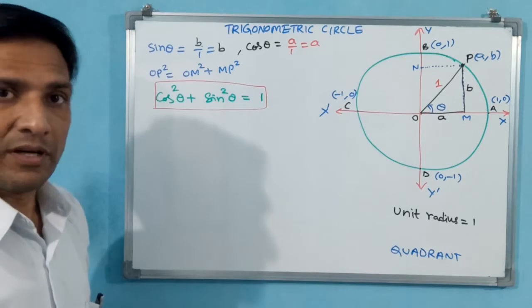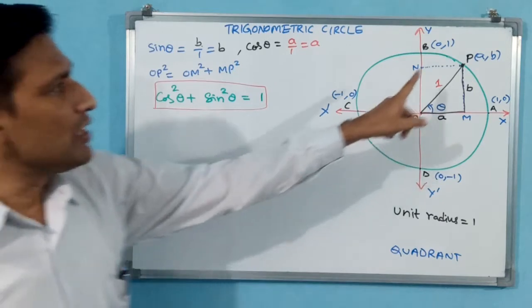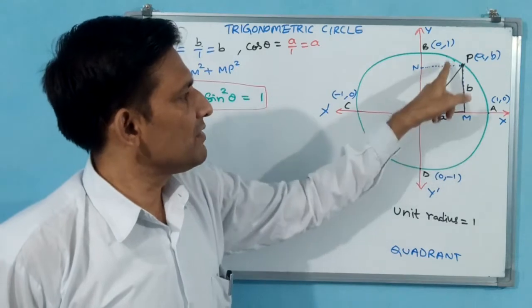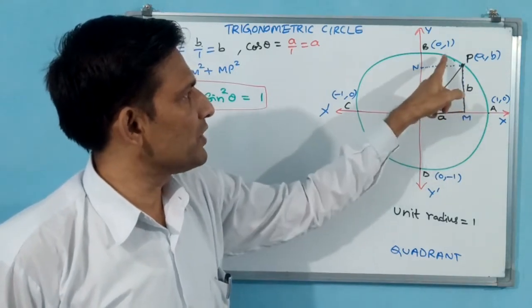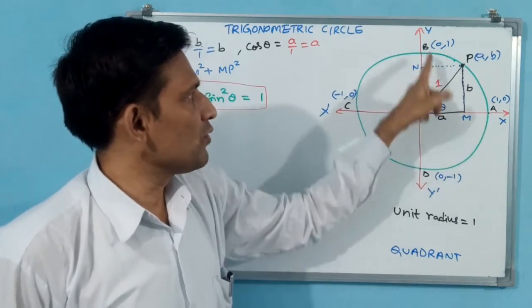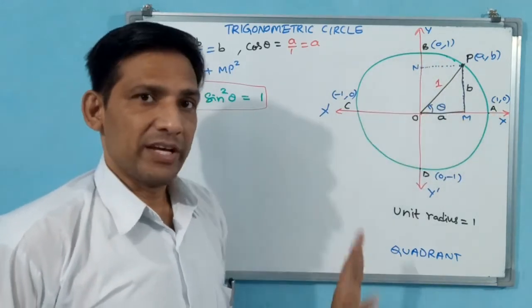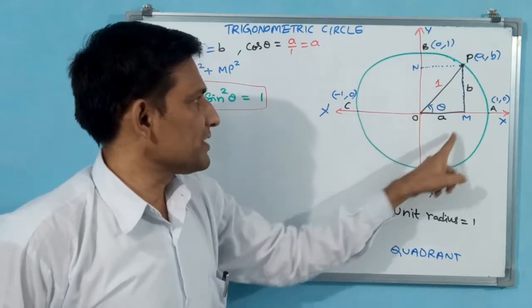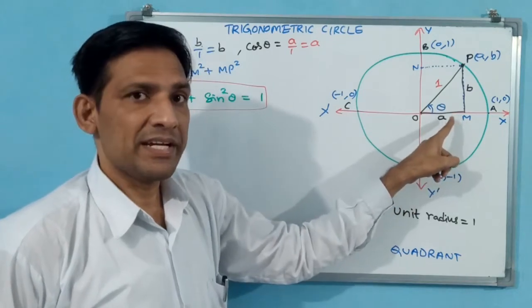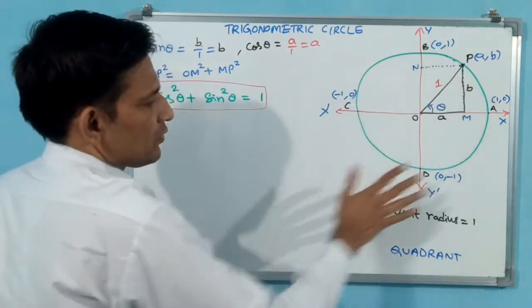You understand now? Now you tell me, I want to change this P. Earlier at theta, even if you take theta here, or here, but here theta is going to become 0, and if you take theta as 90 degrees, it is going to become that. From A to B, 90 degrees will be there in total. 90, 180, 270, 360. 90 plus 90 is 180, 180 plus 90 is 270, 270 plus 90 is 360. Now I am keeping this figure like this only. This you note down.